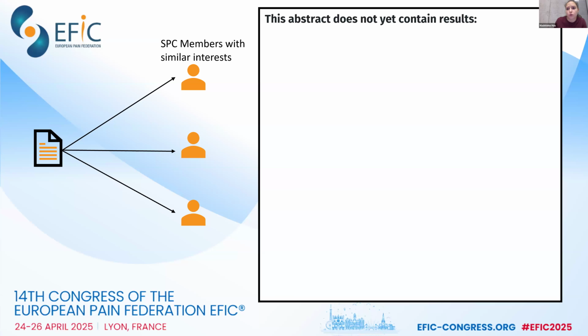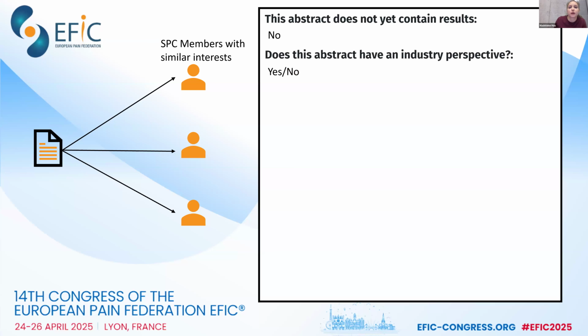And I've seen there was already one question regarding results in the Q&A. So I guess hopefully this will be the answer to your question now. During the first submission round, it was allowed to submit abstracts with and without results. For the second submission round now, for the late breaking, we will only accept abstracts that contain results. So for now, you will need to have results in your abstracts.